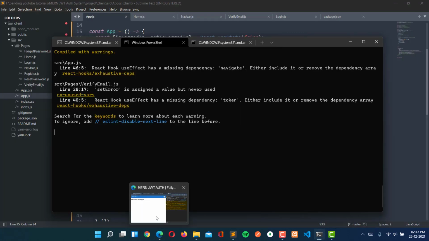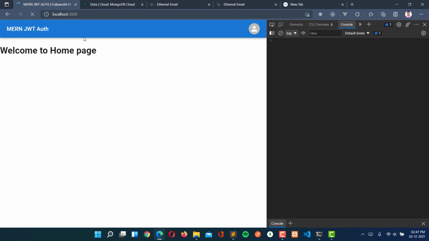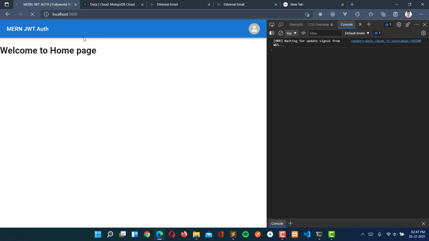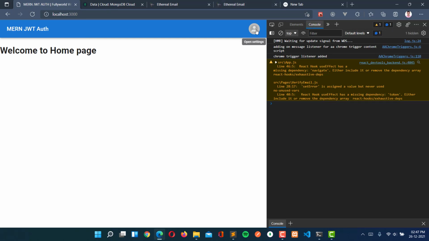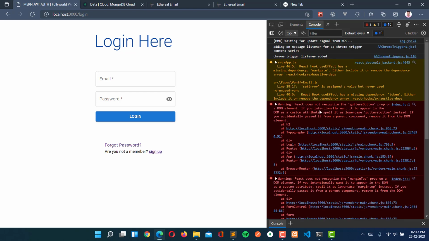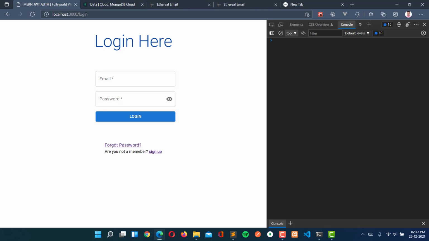So it is compiled successfully here. So let's go here and let me refresh it again. So our token, let's see if token is present and it is not expired. Yeah, token is there. And now when I will go here and click on logout, so when I'm going to click on logout, see that we are here at login here. So this means that our logout thing is working successfully.